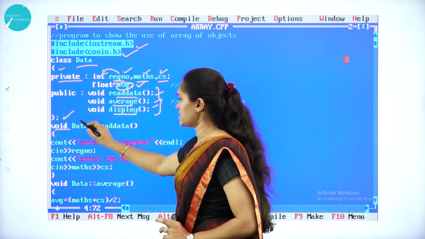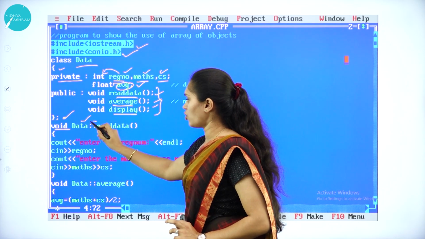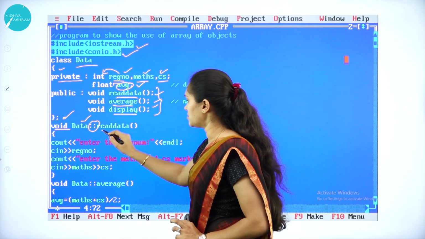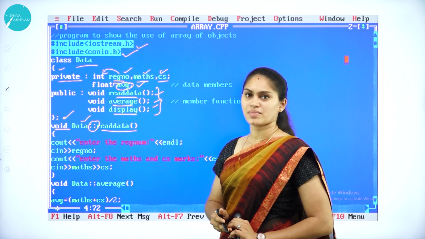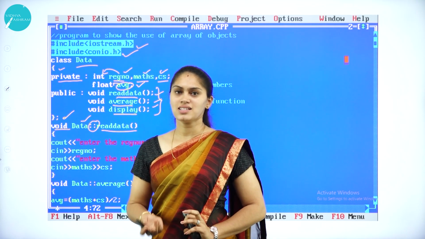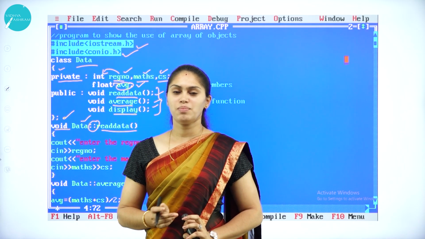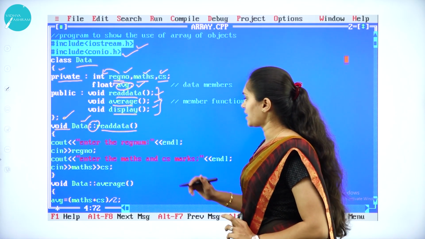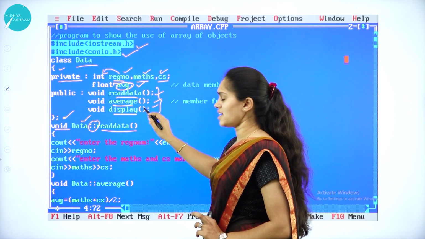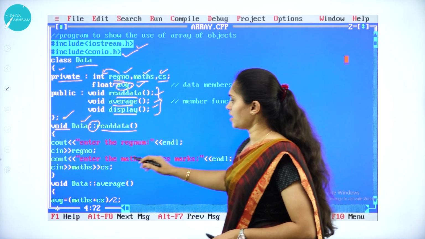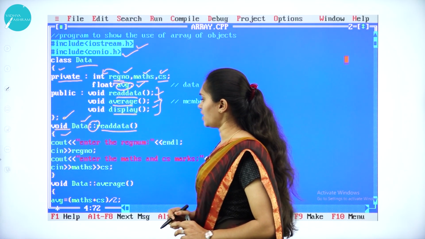After that, we need to specify the class name, then the scope resolution operator, and we must mention the member function name. Okay, so if you want to define the member function outside the class, then that member function must be declared inside the class. So there must be a declaration of a member function inside the class, then only we can define the member function outside the class. Okay, and here the scope of this read data opens.